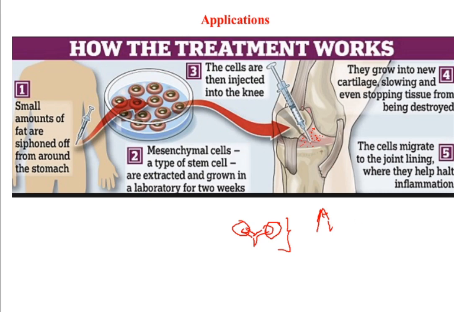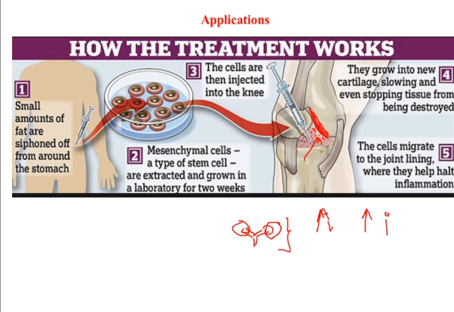Because of this, the cartilaginous tissue here is damaged by the action of our own immune system cells. Why? Because excessive antigen antibody complex is deposited here, which attracts more immune cells, causing damage to this cartilage. And once this cartilage is damaged, it further enhances the pain and inflammation.